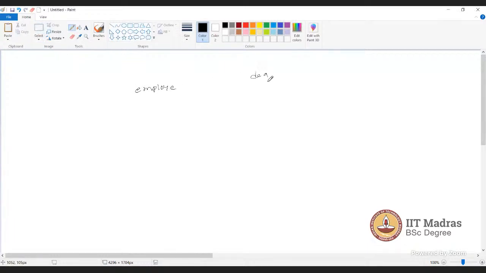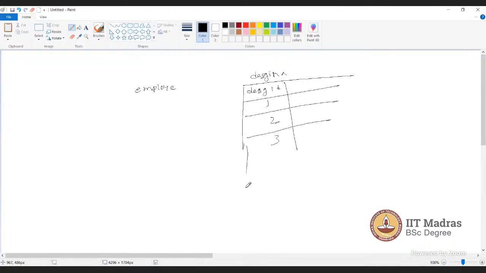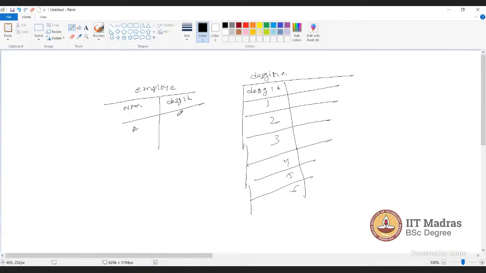In the designation table, yes. That designation ID is a foreign key in the employee table, so there must be one record for that, say D001, right? Sir, for being a foreign key, there must be a null key. If we consider all the 100 rows as null in the foreign key, because a foreign key can have a null value, right? We have not specifically mentioned that the foreign key is not null in the constraint. So if we consider that, in that case, it is 106.